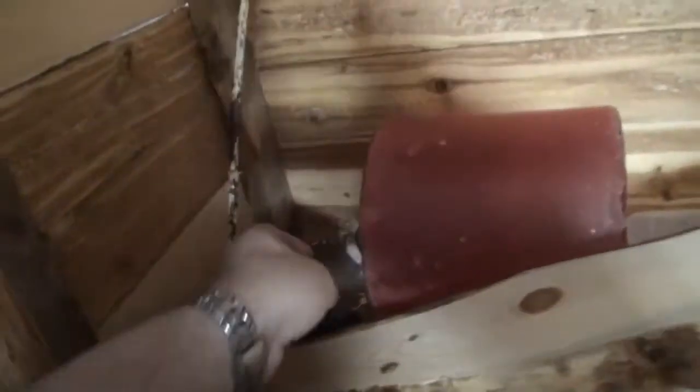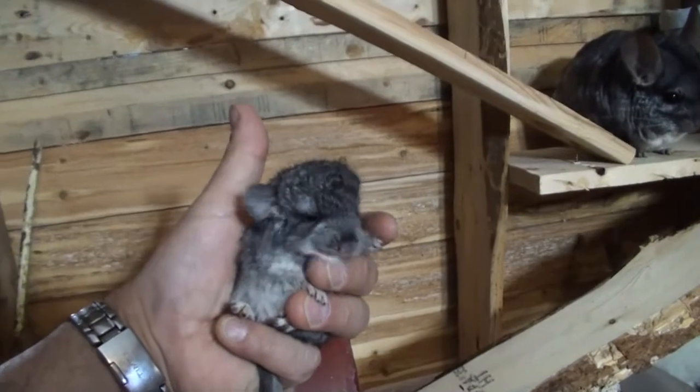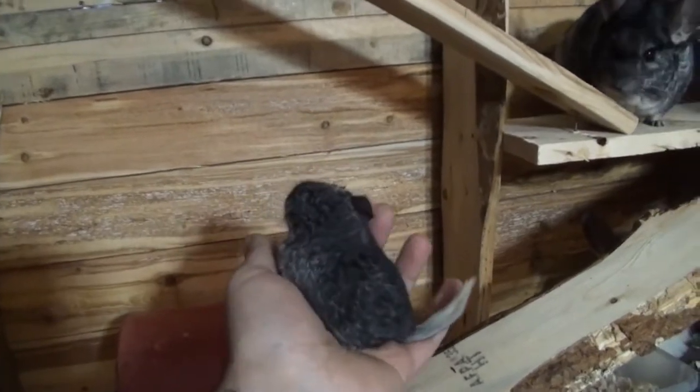Now, Willow hasn't had young in quite a while, but inside we were looking around while Tara was cleaning the cage, and lo and behold, let's just move this over. Ooh, we have a couple young. So here's one little one. These guys are only maybe about a week old, and it's amazing how they're up and at 'em